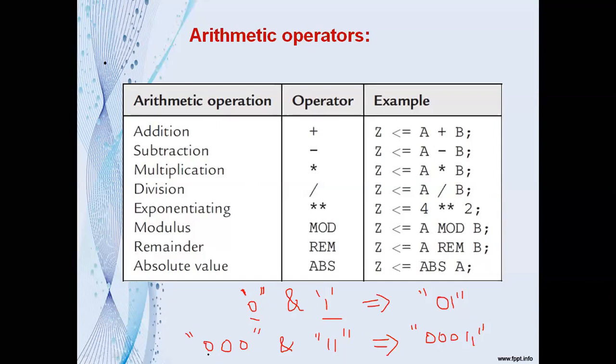But when it is a string, which means a combination of more than one letter, it is represented with double quotes, and the data or identifier can be placed between the double quotes here. So for a single bit we use single quotes. If the information is more than one bit, then it is placed between the double quotes. Okay, so this is the concatenation.